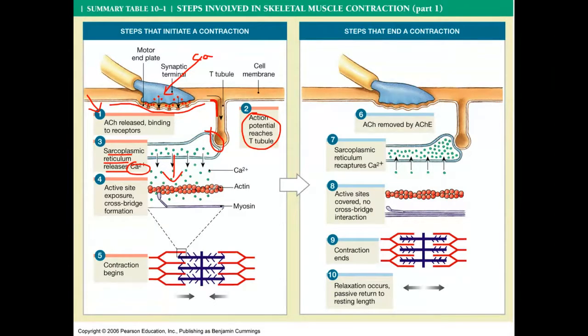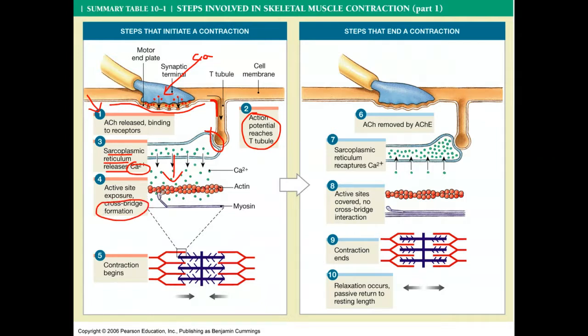Now here's actin. And remember, there's tropomyosin and troponin there. This calcium that is released is going after troponin. It plucks out troponin, or the calcium is the staple remover. Tropomyosin shifts out of the way, and now the binding site is exposed, and what is called a cross bridge